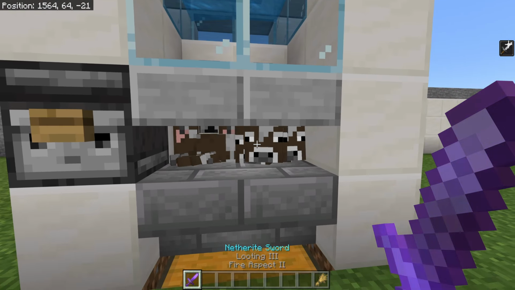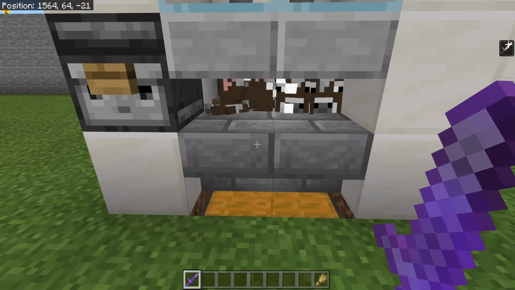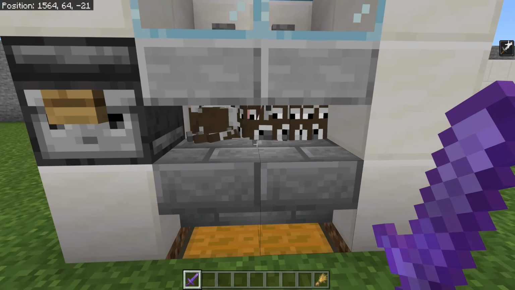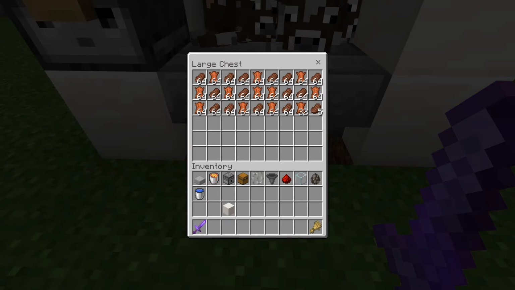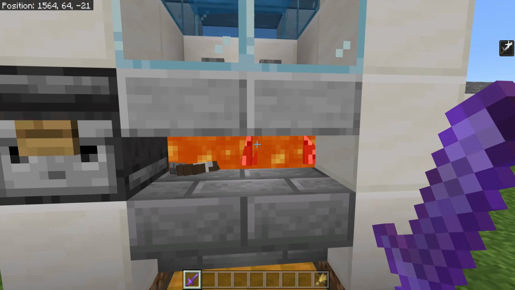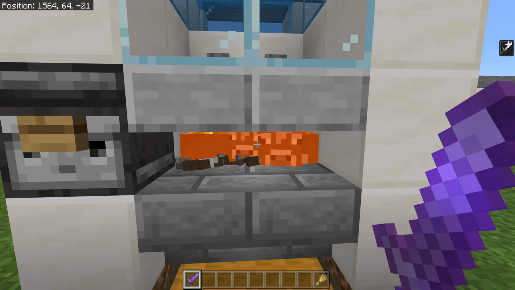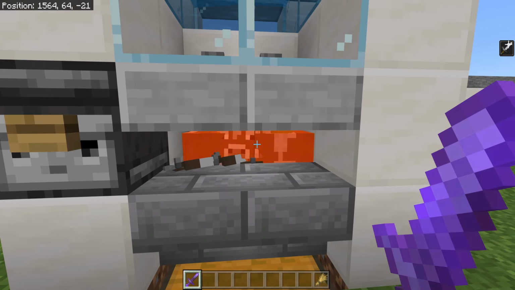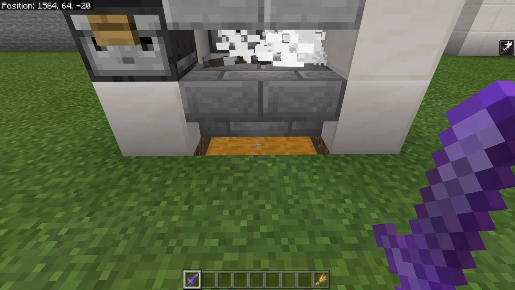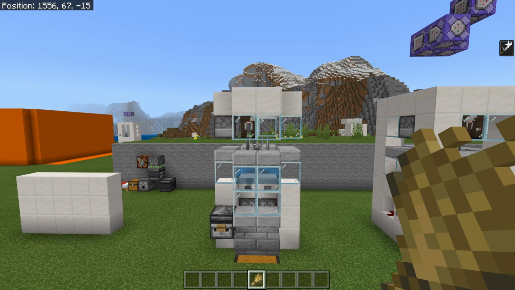You can either kill them with a looting 3 fire aspect sword to get the drops instantly and a little bit of experience, and you'll get more drops doing this, and of course the drops just go into the chest. Or you can press the button. All of the adults will get killed automatically using lava. They'll all die very humanely, and all their drops will be automatically cooked as well. As you can see, everything just goes straight into the chest, already cooked, so you don't need a furnace array or anything. So real quick, let's talk about the design decisions of this cow farm